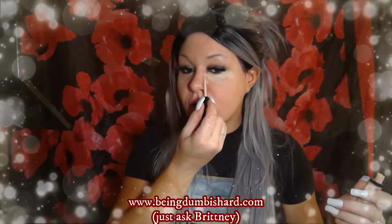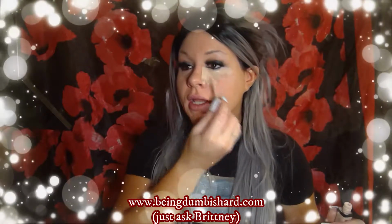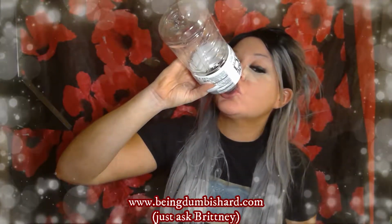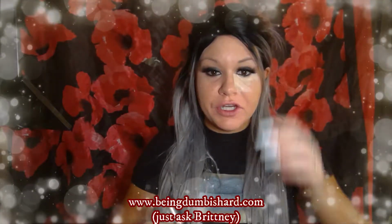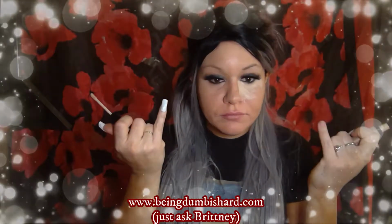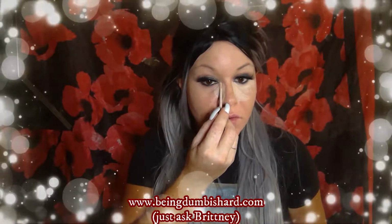Okay, and then you go down the side of your nose. This is standard, and then as you start doing it, you'll see what works best for you and your face shape and where you like it. The reason that we're going straight down the nose is because that's just helping if you're going to do a nose contour. Into the corner of the eye,